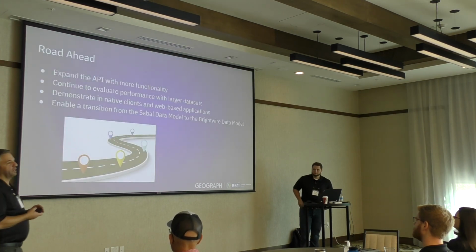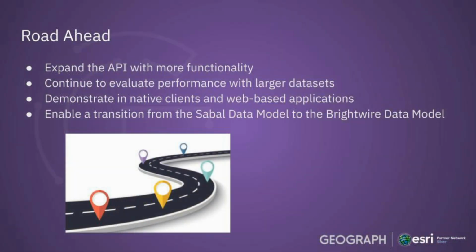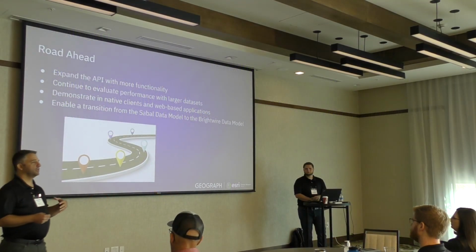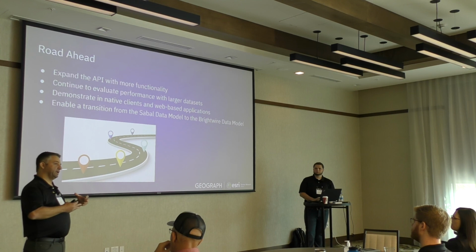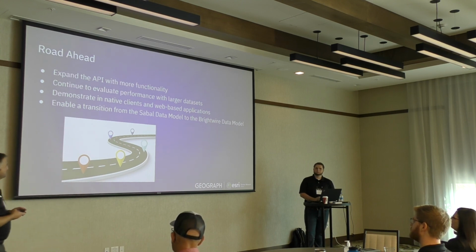So the road ahead. What are we going to do with this, right? As Bruce said, we're the back-end developers. We're building this model, we're building it out. We're developing the API functions to give to the developers to put a front end on. What you saw was just something we put together for performance tracing. But we want to continue to expand the API functionality, with simple functions like add nodes, delete nodes. The good news is we got the big elephant in the room with the trace out of the way, so everything else is going to be much simpler.